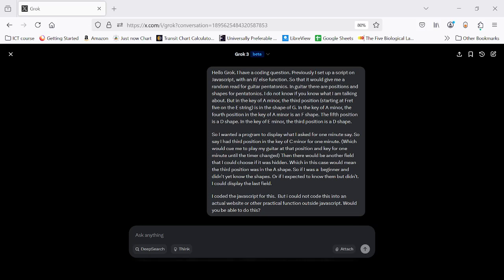So you have something called pentatonics, and there are different positions for pentatonics. Obviously, if you are playing in A minor, there are different positions on the guitar. So, simply put, you could put your fingers at the very bottom of the guitar, you could put your fingers very top of the guitar, or you could put it anywhere in between. And obviously with something like a pentatonic scale, when you're practicing, you have a word for each position. It's not just going to be fret 5, it's going to be third position, as an example.